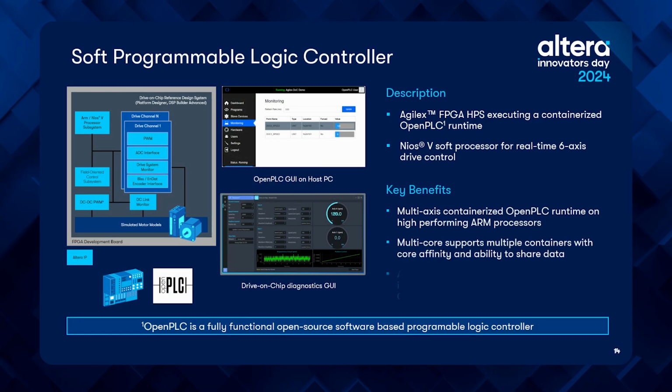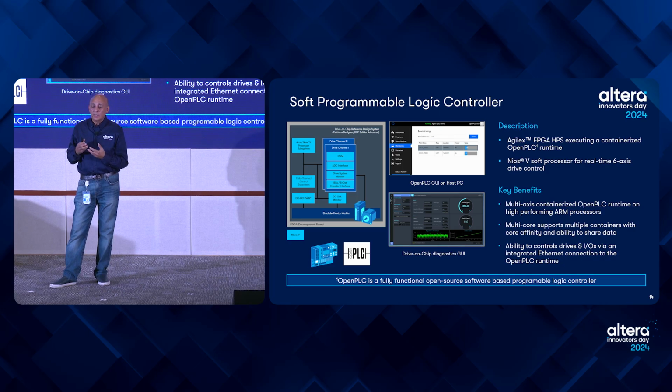The third one is basically a soft programmable logic controller. And this is really saying it's a soft PLC. Whereas the Agilex HPS is actually running a containerized OpenPLC runtime, with the drive control the same way as the previous one running on the Nios V. So you have a containerized OpenPLC running on the processor subsystem, and then that controls the drive control of the